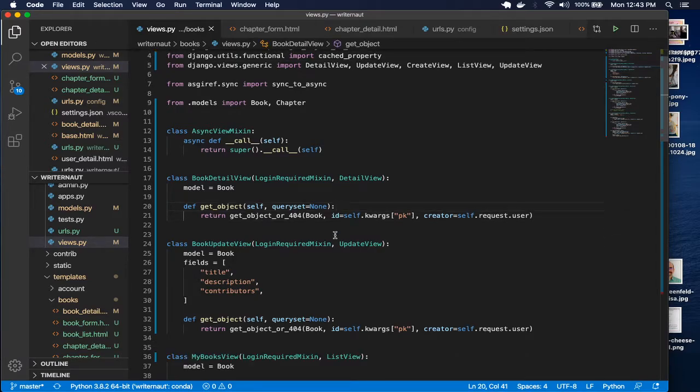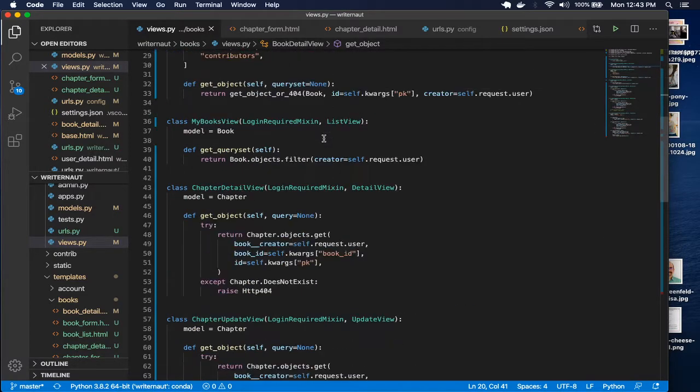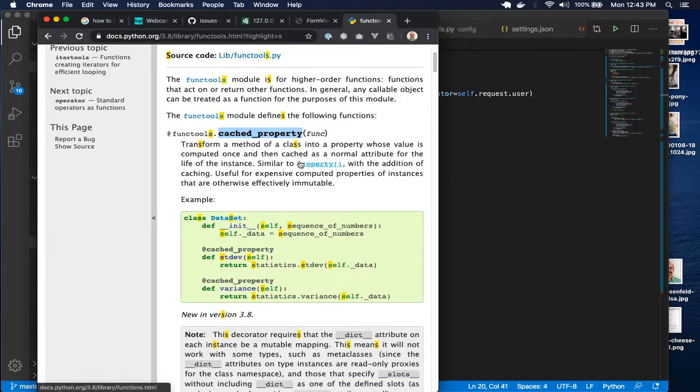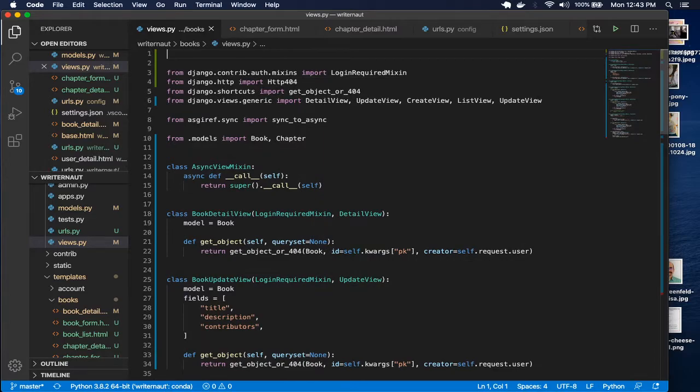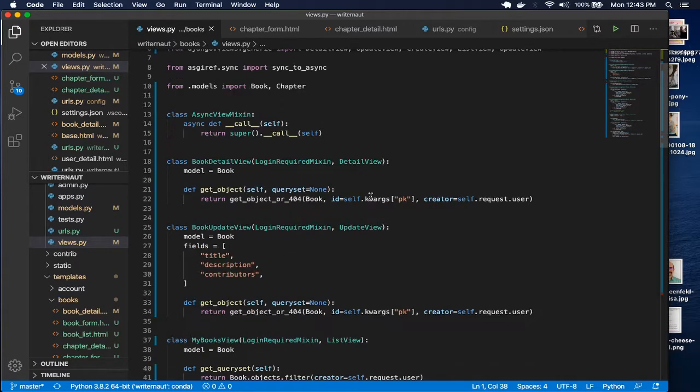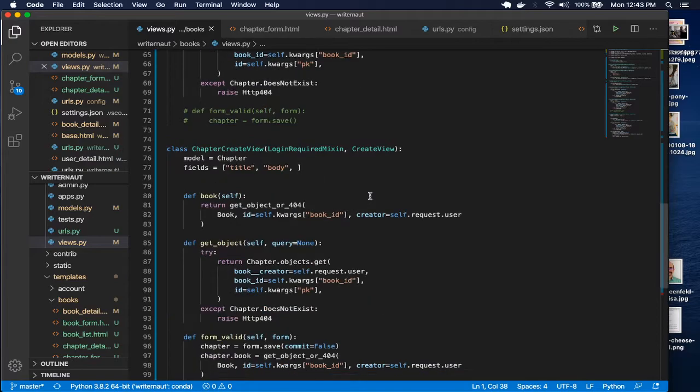But to get back to where we were, I've got my cache. I'm going to import from functools, import cached_property. Oh, so exciting. From functools, import cached_property. And now with,